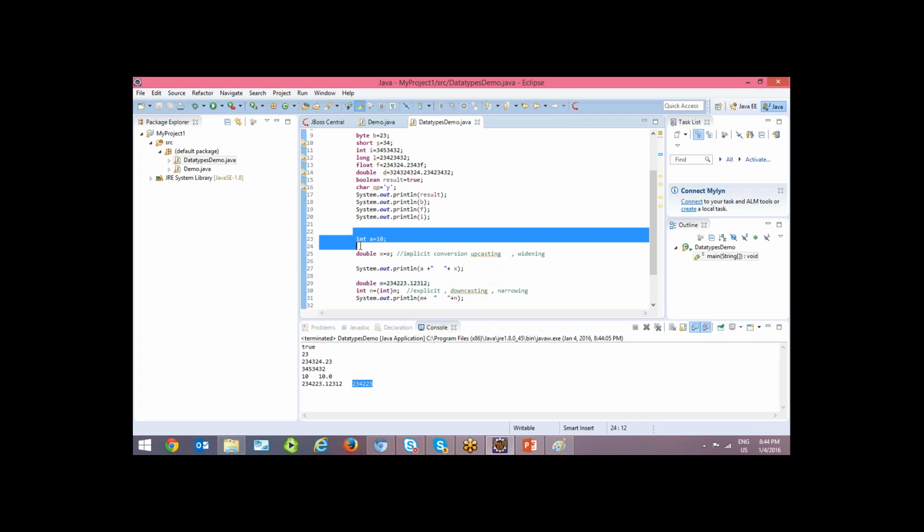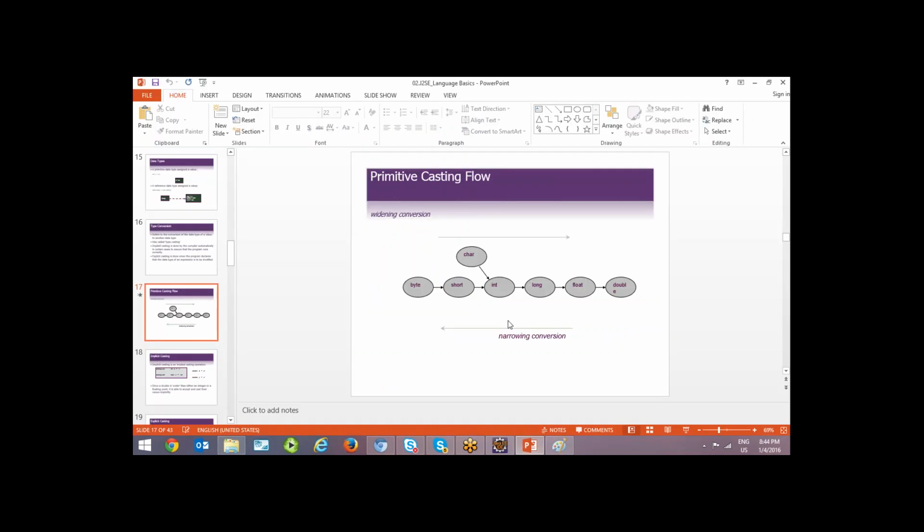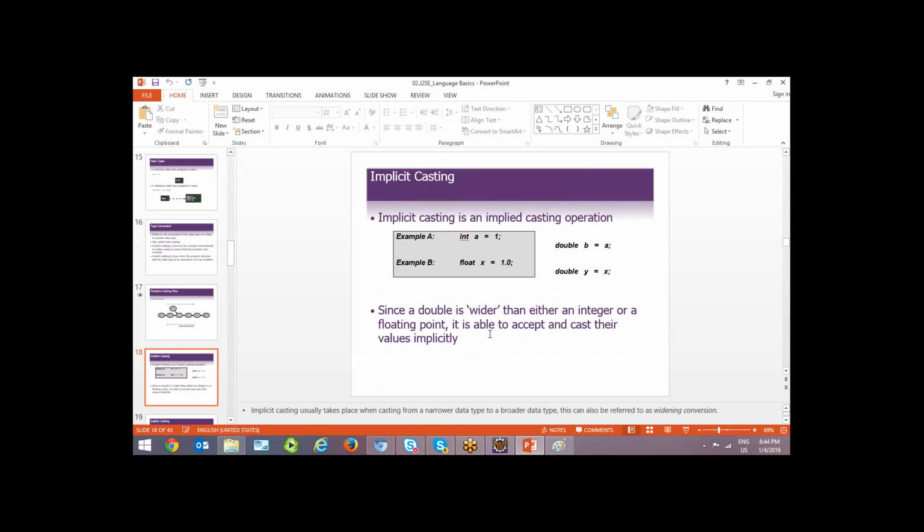So now with this you can understand that any type can be converted into any other type. Either from lower to higher is possible, higher to lower is possible. When you are converting from lower to higher, it is implicit; when you are converting from higher to lower, it is explicit. That is what is explained in this slide. So widening and narrowing. It's given with a clear example.